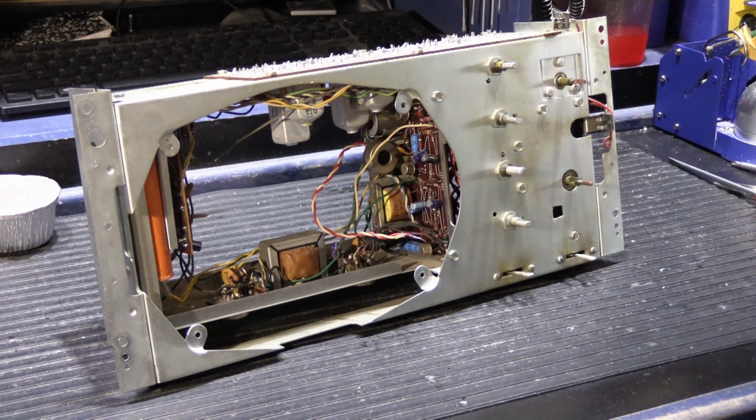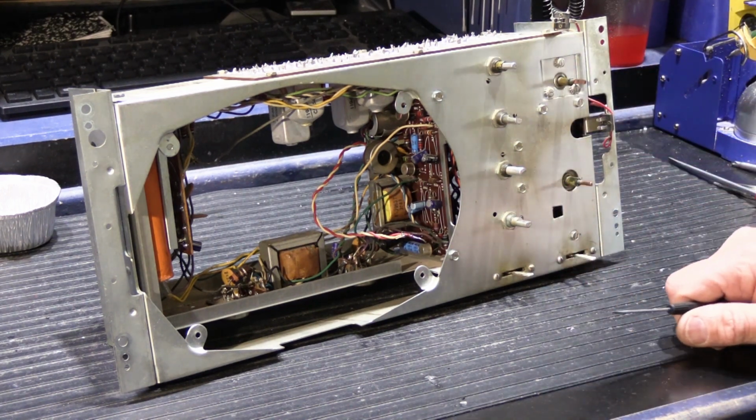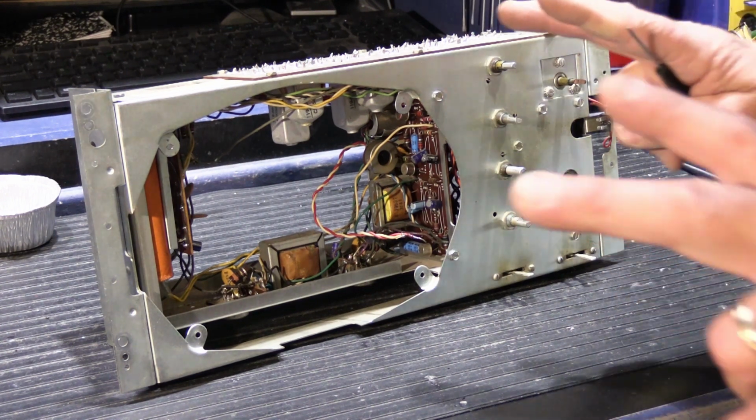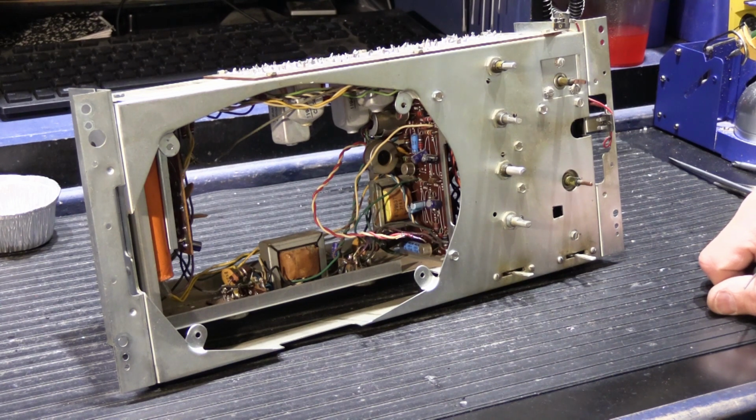Hi, what you're looking at is the chassis assembly from a NuTone N2561 N2562. The unit was sent in by the customer. It needs to be rebuilt. There was some kind of accident with it during some remodeling or something, not exactly sure on the entire story,